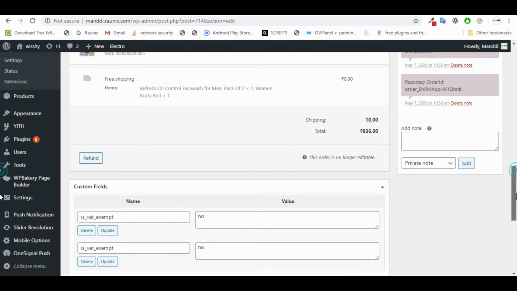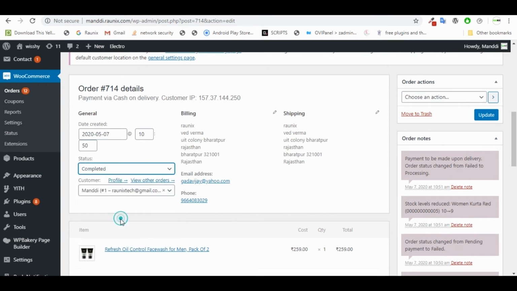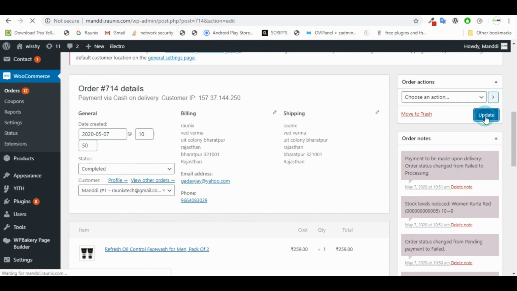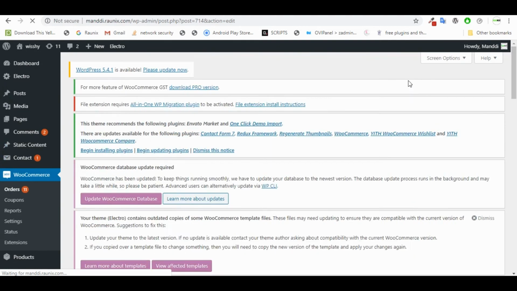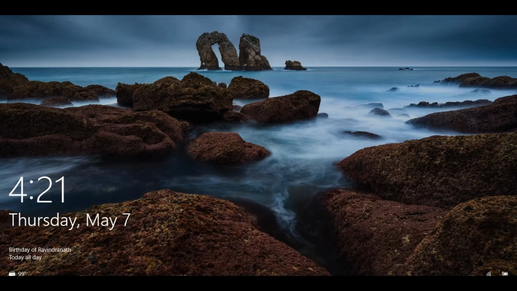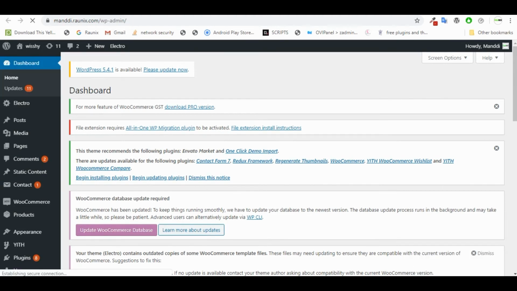And you can also change the order status from processing to completed, and you just click on update to submit the update, and the client will receive a mail saying your order has been completed. Whenever a client orders, they automatically receive a bill on their registered mail. So that is the basic way your client can order from Vishy. Now we'll understand how you can use the Vishy dashboard to change anything or to use for your business.